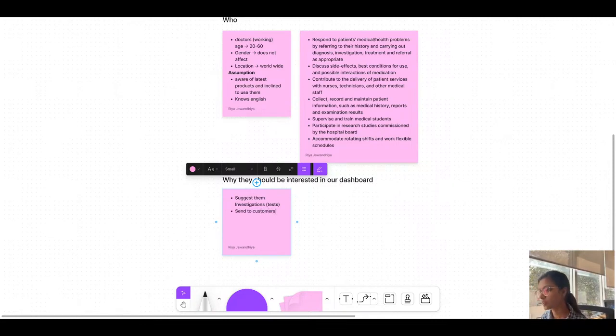Customers, it's to patients. They are customers, patients. Then patients, side effects, and conditions